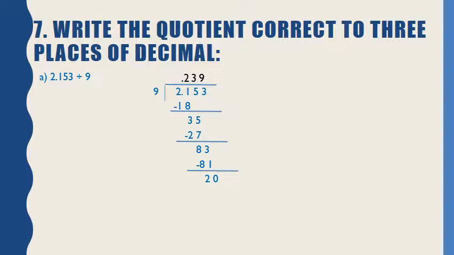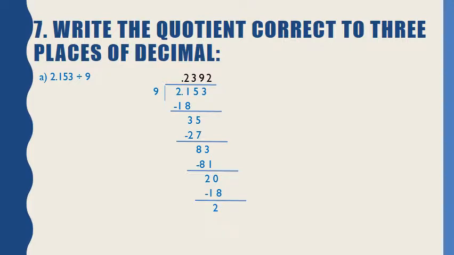Again, now since after the decimal point we can add 0, so we will add 0. It will become 20. And since you know that we have to write the quotient correct to 3 places of decimal, so we need to do the division till the 4th place of decimal. So now 20, we will divide 20 by 9. 9 2s are 18, so we will write 18 below 20 and we will subtract 18 from 20. We get the remainder as 2. So here we will stop the division.